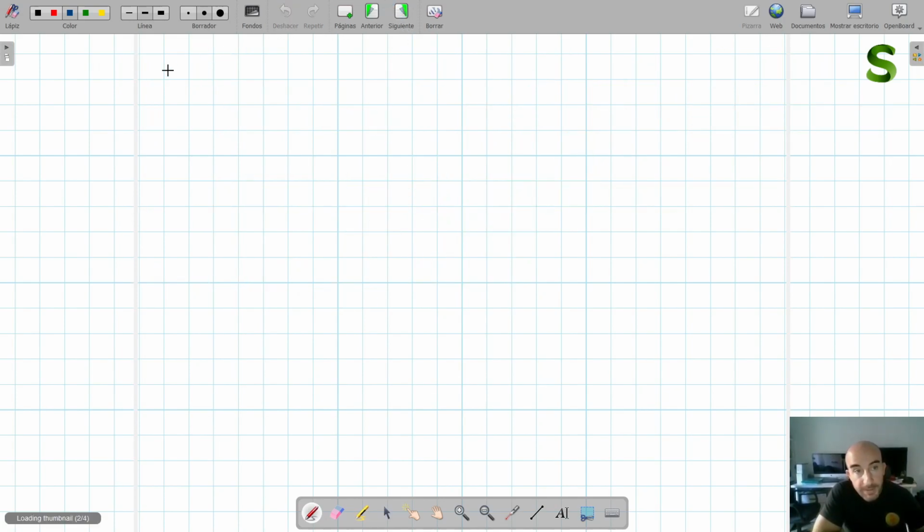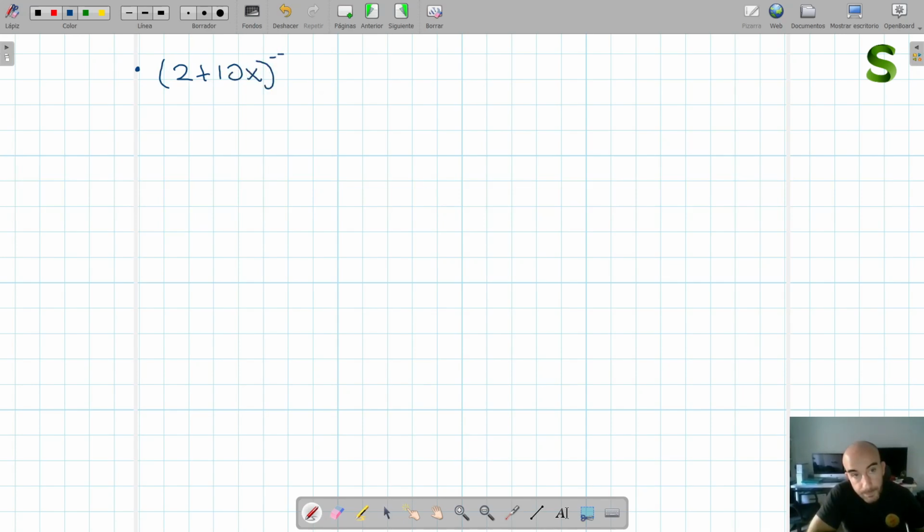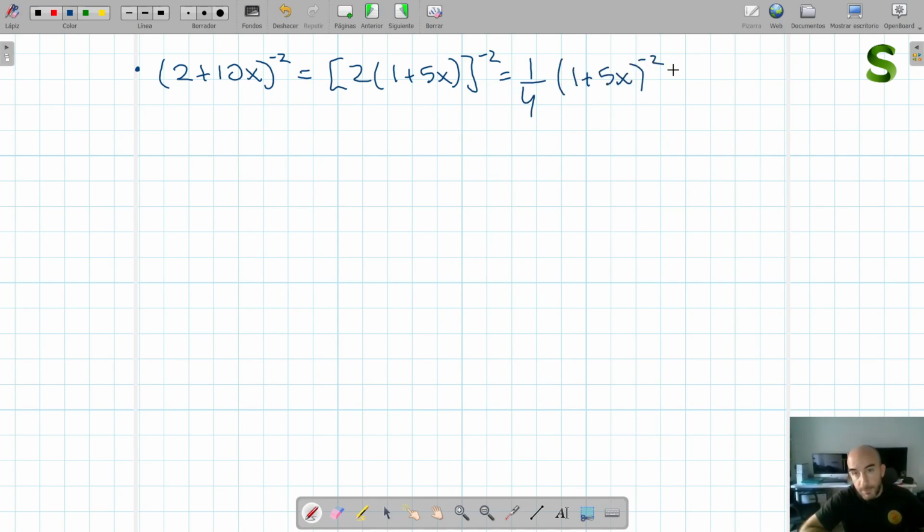So we're going to do the first 4 terms of the negative exponent, and you'll see that I'm going to factorize, and it's going to be easier. So, okay, so let's factorize here. I want a 1 there, so I'm going to factorize the 2, 1, 5x. And then you have 2 to the power of minus 2. I'm going to write it already like 1/4. I hope you followed me there, but this is the expansion that I need to do. Okay? So I'll write the 1/4 here,